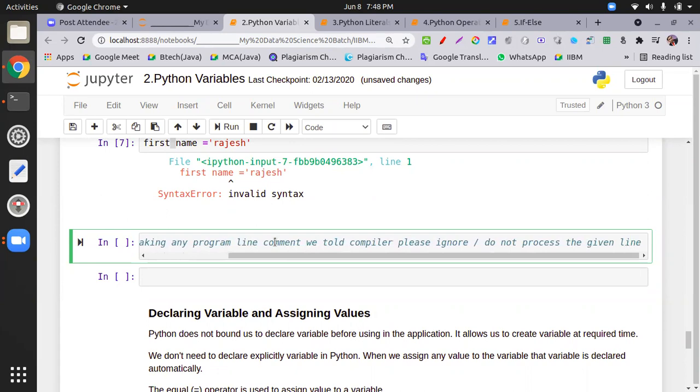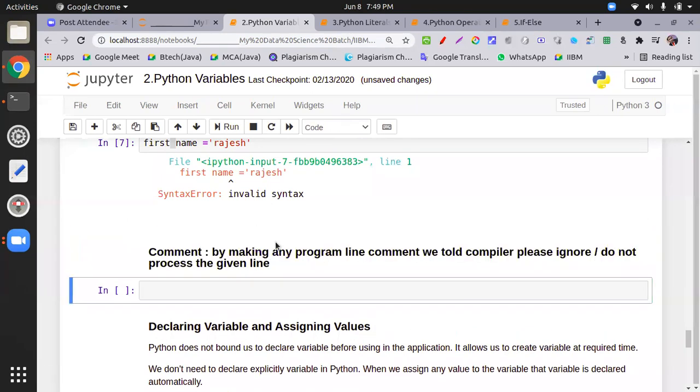It means if you want your line not to be read by the compiler, you make that line a comment. You can put anything over here, your name, my name, or what the function is doing. So how do we make a comment?